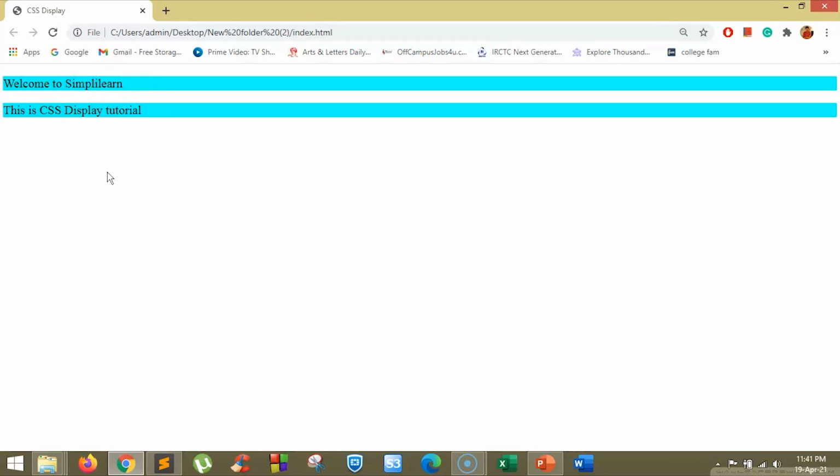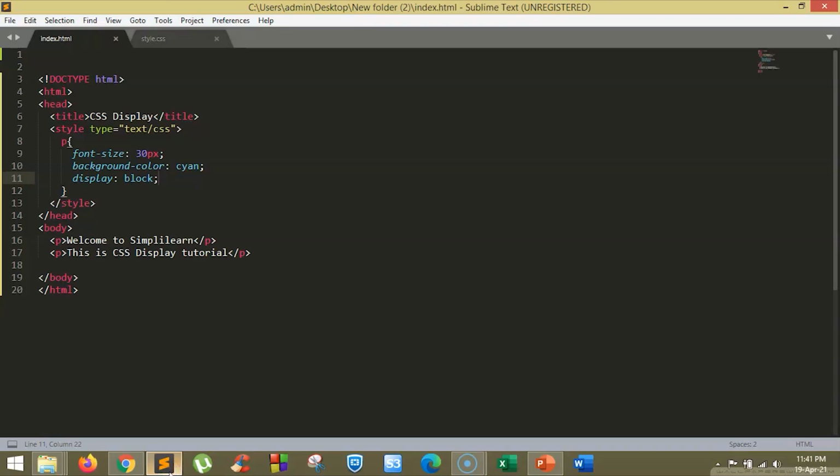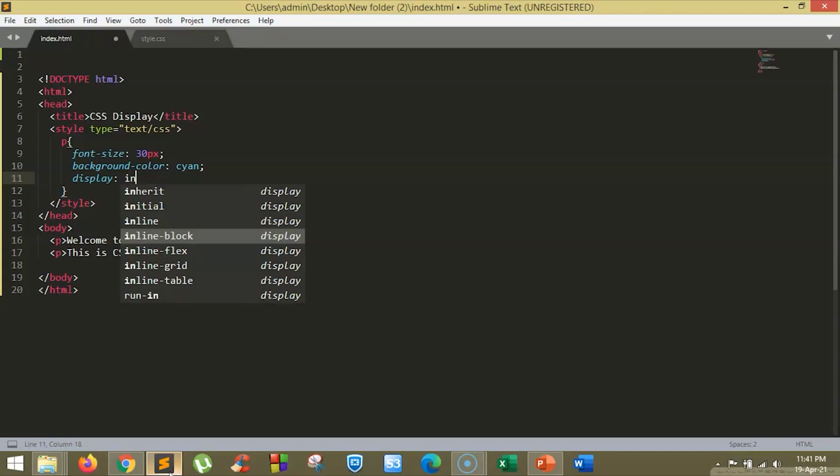What display block does is it takes the entire width given to it. This is going to force a new line above and a new line below it. So you cannot have something next to it. Now if we change this to